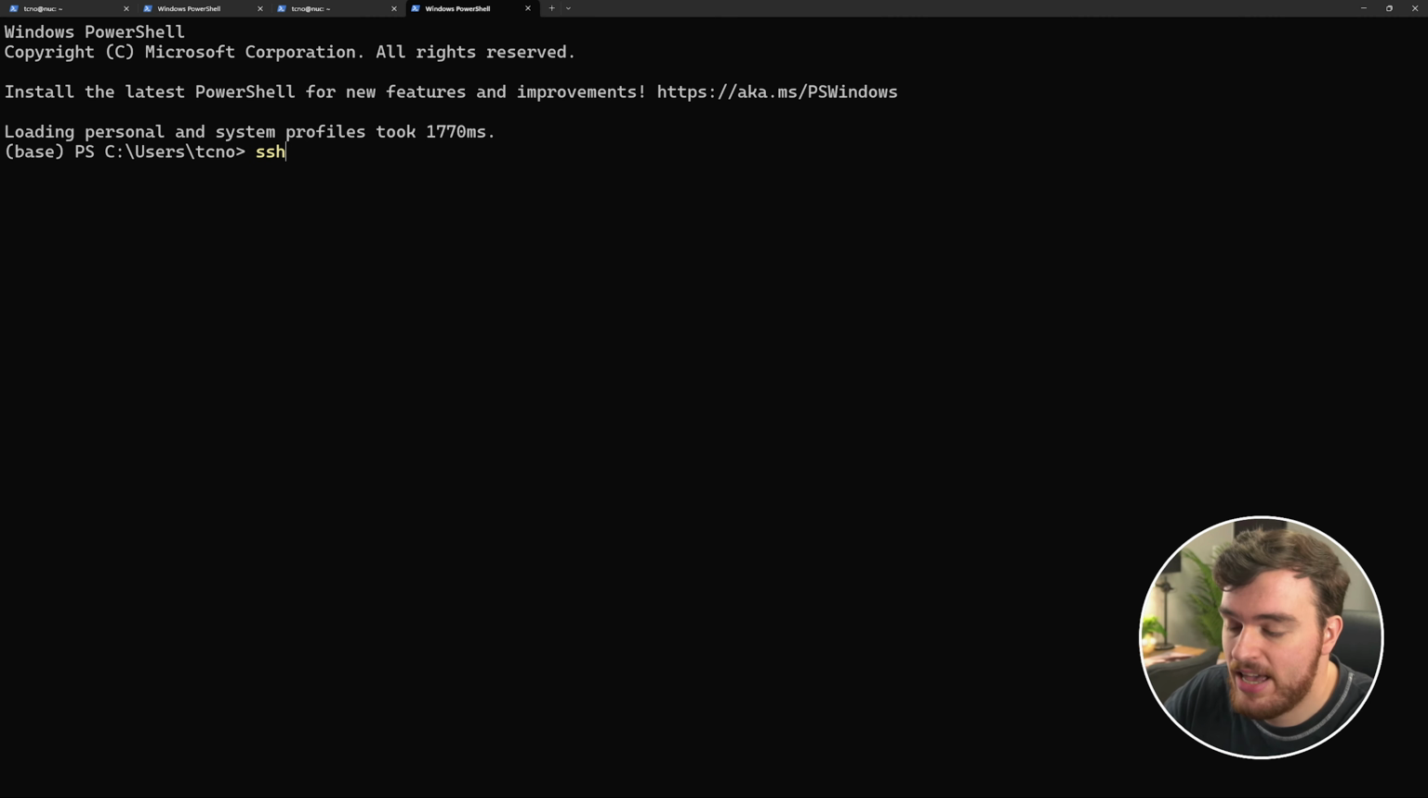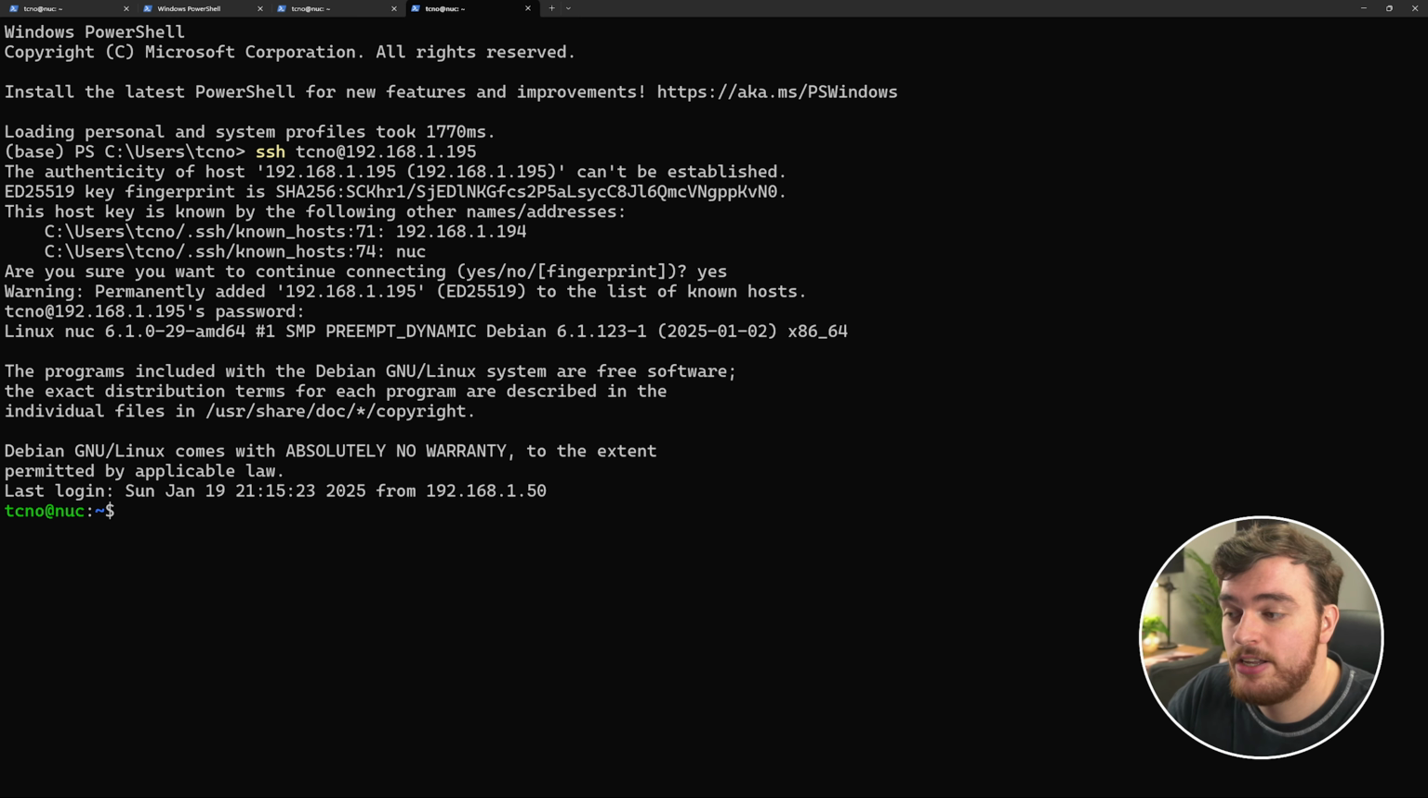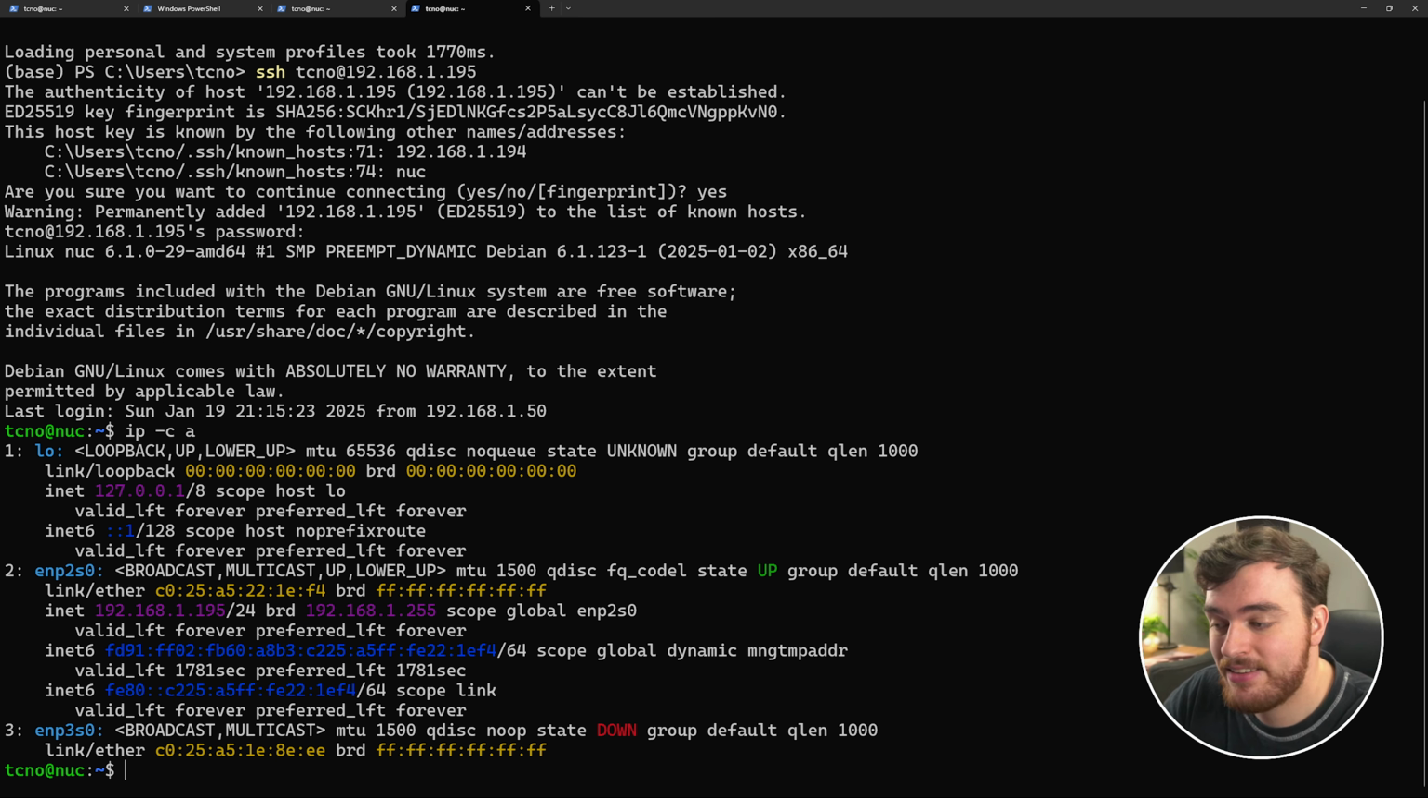So I'll use ssh techno at 192.168.1.195, which we set it to. We'll trust it, and there we go. We're now connected to our new system on the new network address, ip a. That's how we connected, 192.168.1.195. That's it. We've now got a static IP address, so we can always access it, a domain name, so